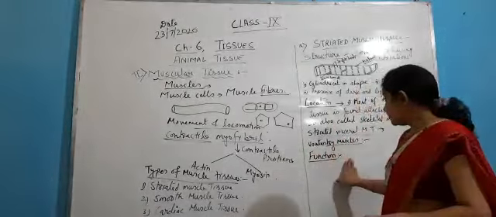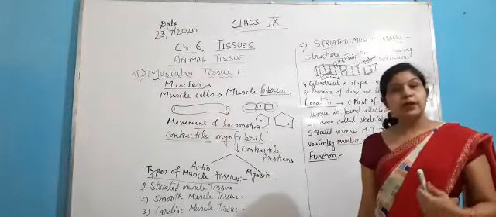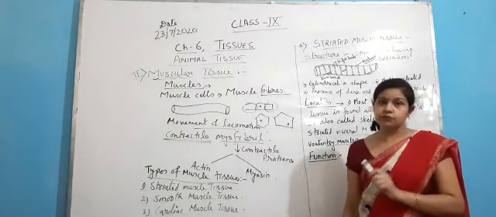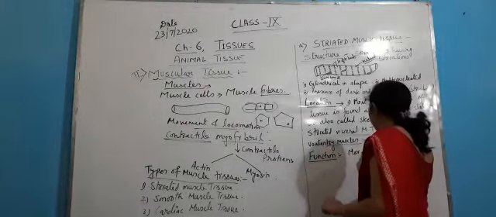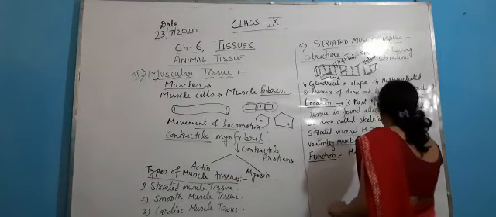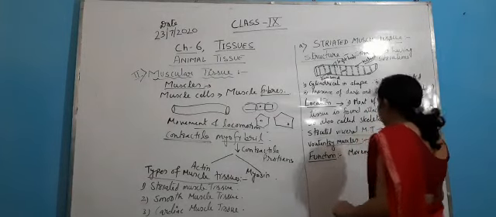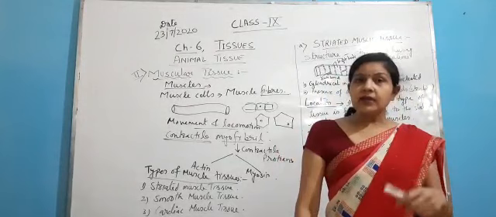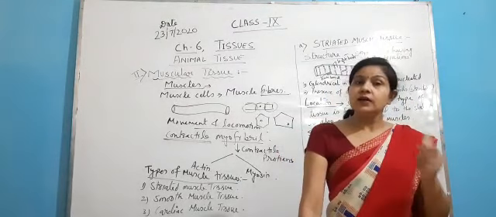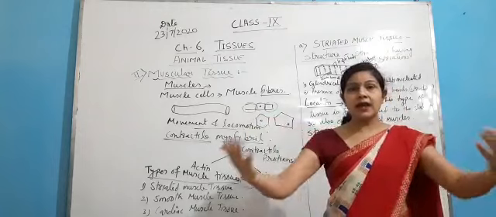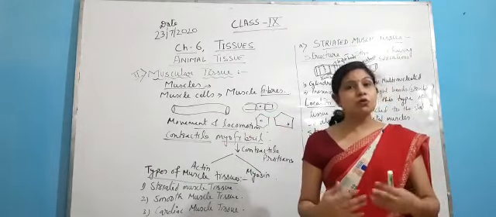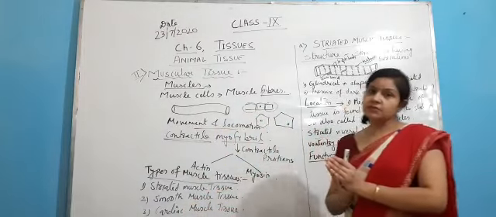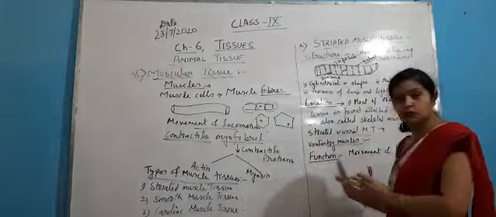These muscles help in the movement of the body, movement of a particular body part if we want it to move. So they directly help in movement and locomotion. Children, I think you know the difference between movement and locomotion. Movement means moving any body part while staying at one place, like I am moving my hands and I am standing over here. Locomotion means moving from one place to another place. So these muscle tissues help in movement and locomotion.